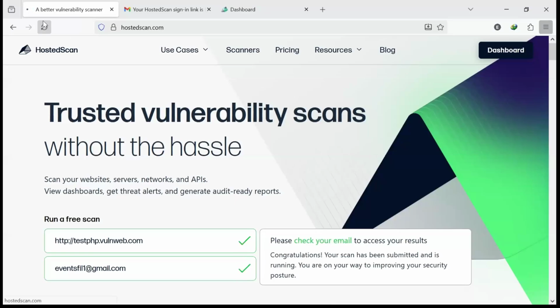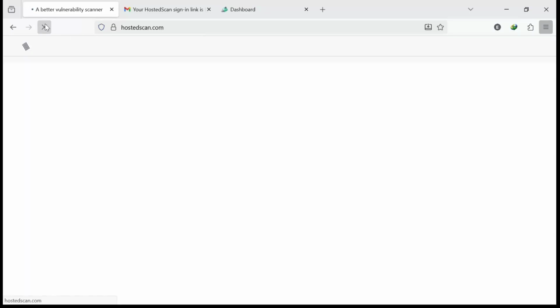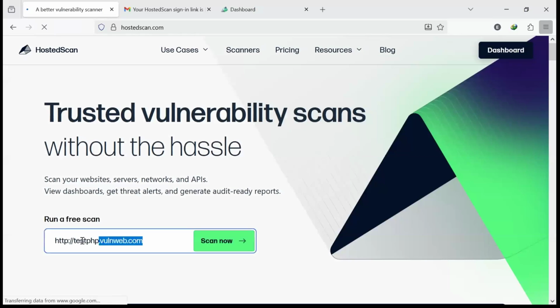Okay, so then I'm restarting it. So this is the website we are scanning. I'm also going to post it in the chat box for you to be able to copy. The dashboard is nice. I'll put it in the chat box for you to copy. They have a nice dashboard. That's the website